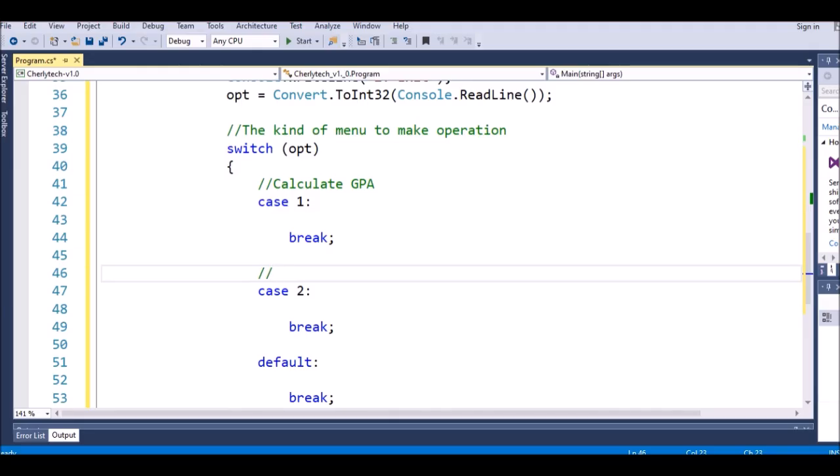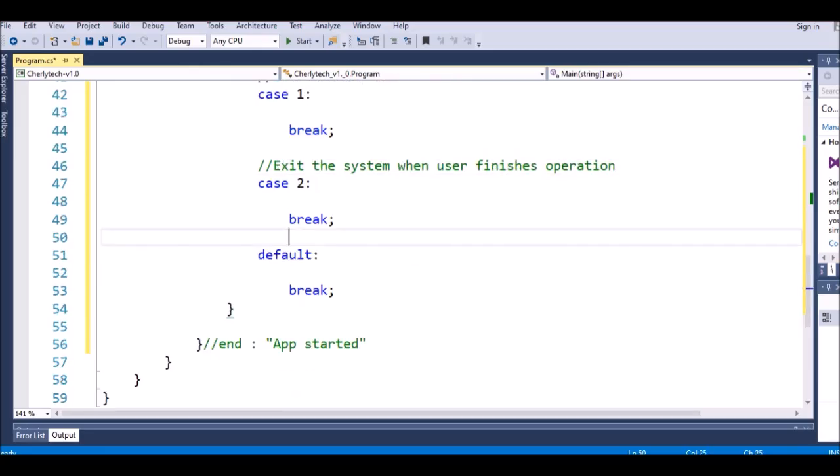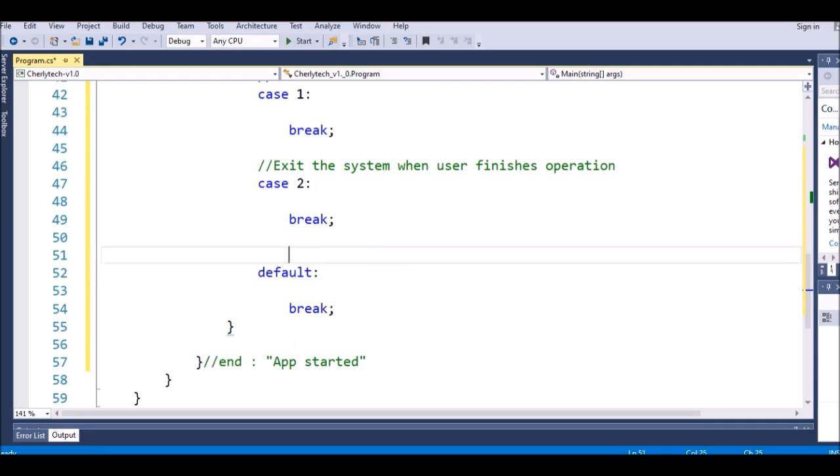So in here I will write exit the system when the user finishes the operation. And for the default